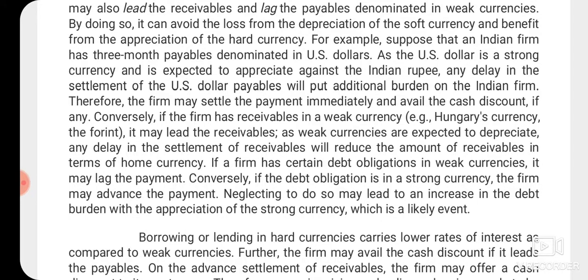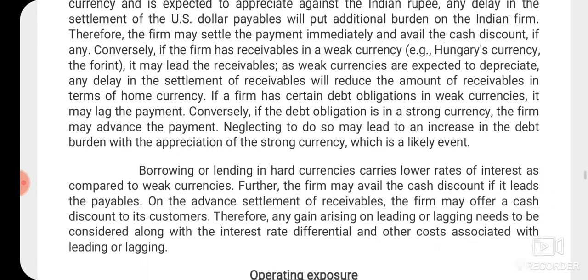For example, suppose another country's currency is very weak. In order to overcome the strong currency, if we settle soon, it will give a gain to the Indian country. We don't know when a country's currency will increase or decrease, isn't it? In such situations, before settling, suppose the US currency is very weak and we have received the goods from them. If we settle soon, automatically we will get the benefits like this.